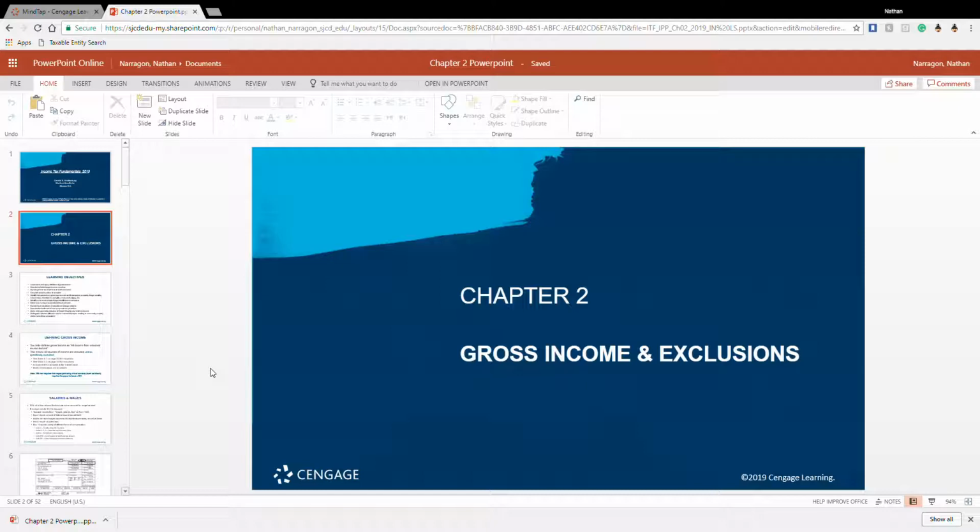In this chapter, we're going to focus on basically the first part of the tax return that deals with gross income and exclusions on 1040. We're going to look into what makes up the income process and the certain exclusions that are not considered income. We're also going to have a few calculations going on here, and overall we're going to be seeing what makes